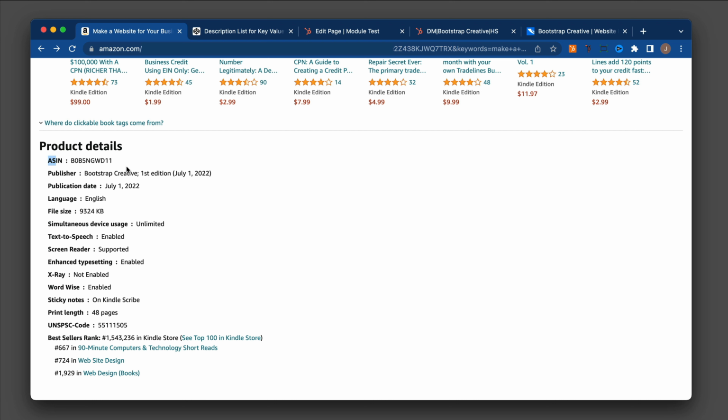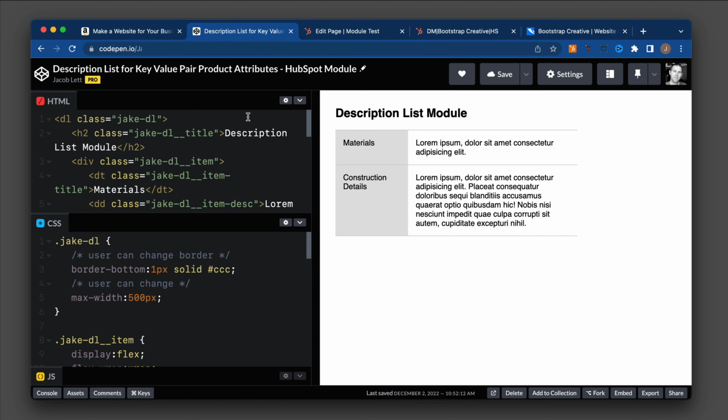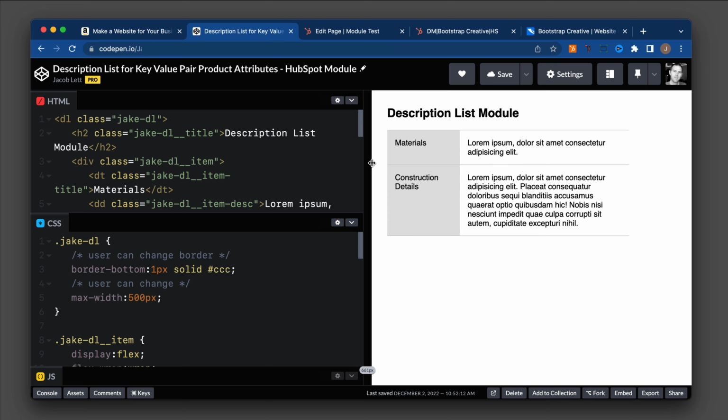So usually what I do when I create a module is I first just create the HTML structure and CSS in a website called CodePen, because it does a nice job of giving you these panels where you can do HTML, CSS, and JavaScript separately, and you can work out the visual structure of the module before you actually put it inside of HubSpot. So I'm not going to walk through the code line by line, but I just wanted you to see the structure that I have here.